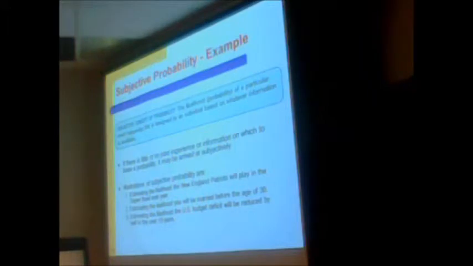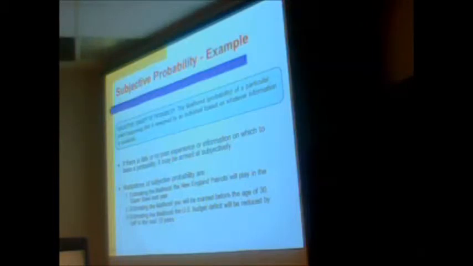For subjective concepts of probability, it's the likelihood of a particular event happening given the information that we have available. Examples: the Patriots make it to the Super Bowl, the likelihood you'll be married before age 30, or that the budget deficit will be cut in half in the next 10 years. This is all given information that we have available. If we know the New England Patriots just aren't going to play football this year, we know that the probability is impacted by that. If we know that the quarterback is hurt for a particular team, we know that's going to impact the probability